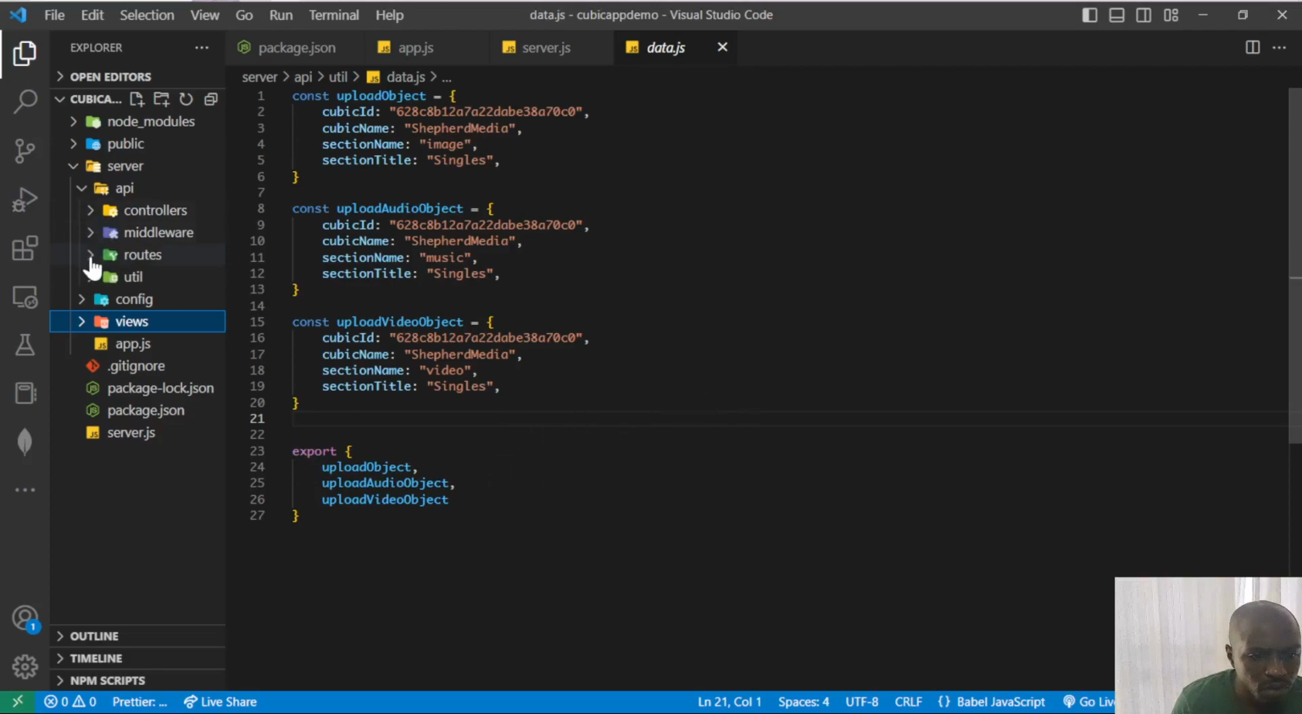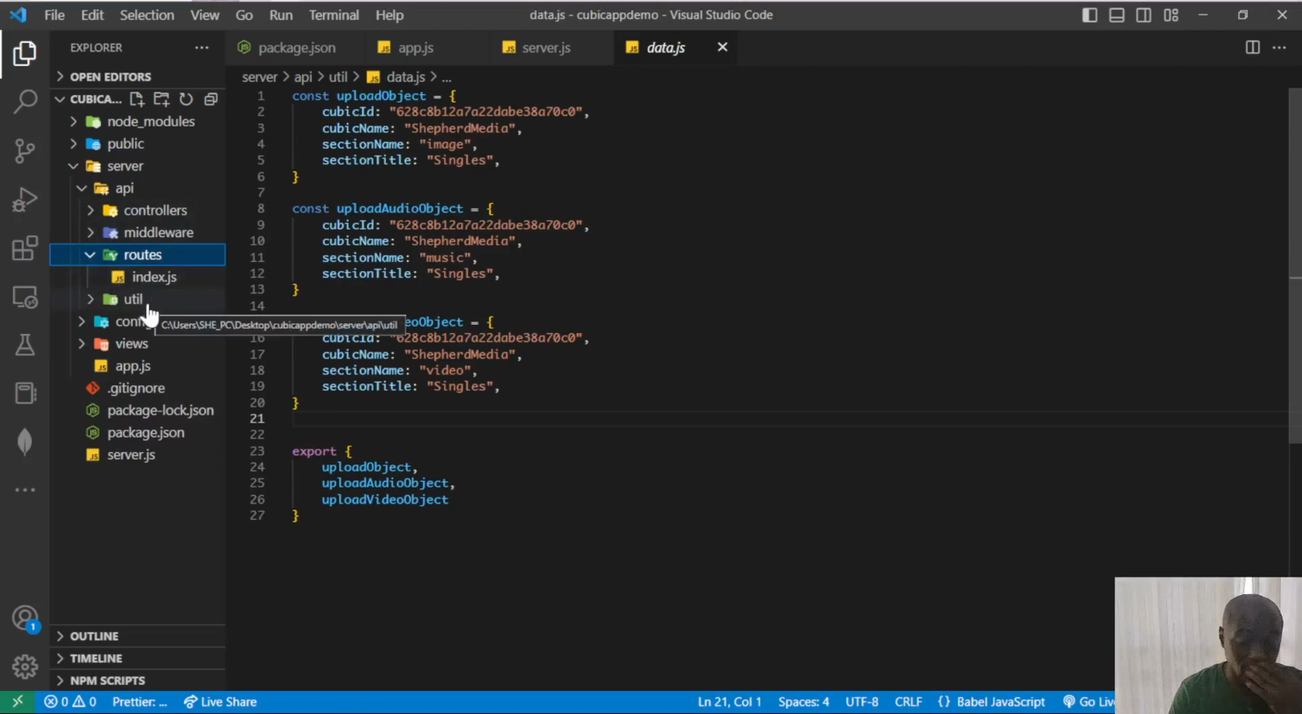So first of all, we're going to begin with creating routes for the image, audio, and video. In each segment, we need two routes: one for displaying the files and another one for uploading the files. Which means we're going to need a get route and a post route. So we're going to start with